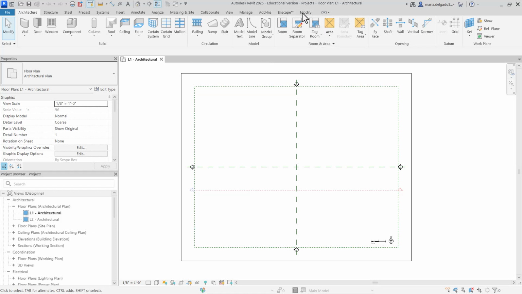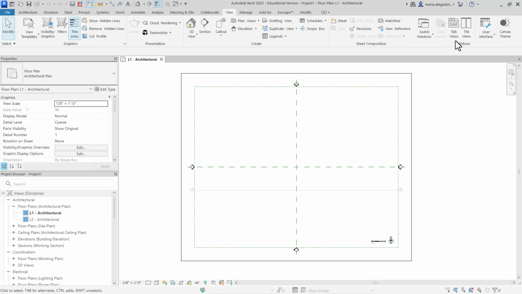You'll also notice that we have an additional tab, which is Enscape. And so here we have a plugin for Enscape. So anytime after Add-ins, and so forth, tabs such as Enscape or potentially Illume tools or different types of products work with Revit. So whenever you have what's called a plugin essentially, a product that you're plugging into Revit to enhance the capabilities of Revit, then you'll see those tabs here.